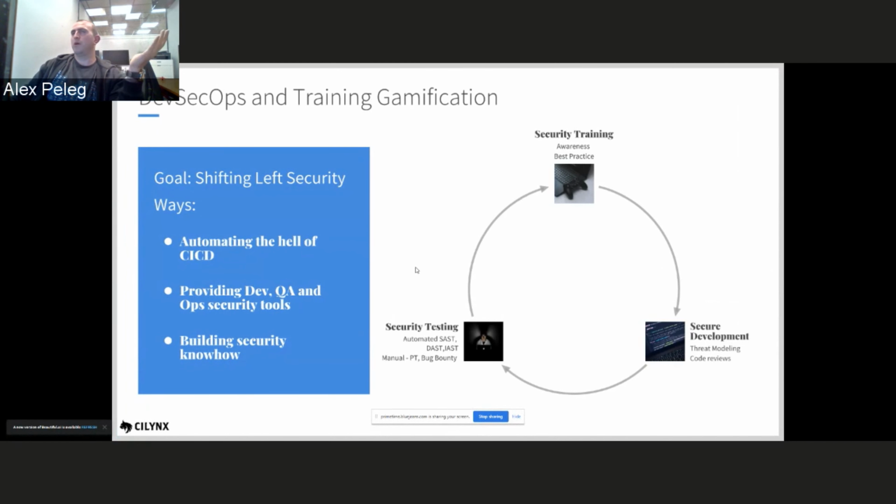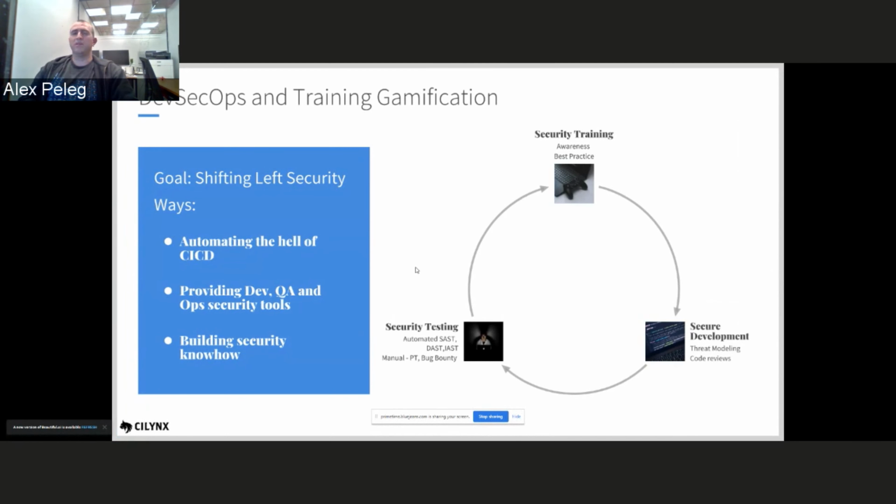So how do we do DevSecOps currently? The organizations that are currently doing it start with security training. So the security training includes awareness and best practice training. And now, after the training, or sometimes at the same time, we do some security development. We teach developers about threat modeling, we teach architects, and we do code reviews in order to fix the code while we're doing it. And we conduct security testing in the CI or the CD.